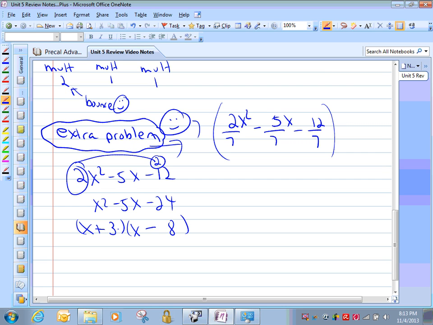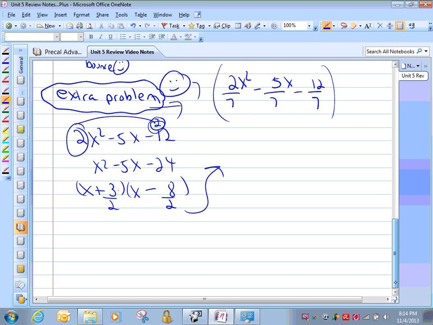With negative 8 and a positive 3, that would give us a negative 24, and combined would give us negative 5. But don't forget, we got to divide the 2 back in. And so, therefore, our factors for this would have been x plus 3/2 and x minus 4. And we're really trying to get to our zeros. So our zero here would be negative 3/2